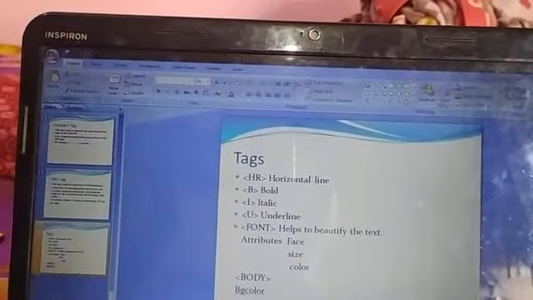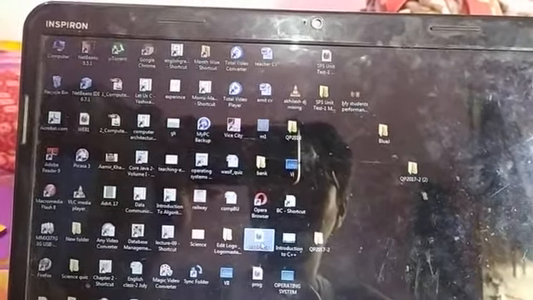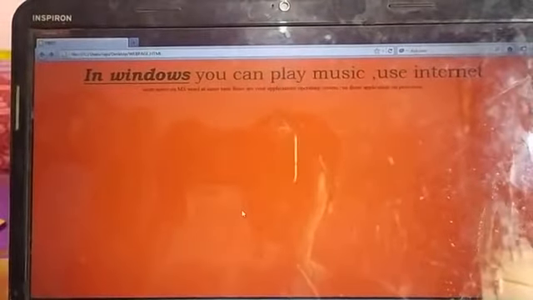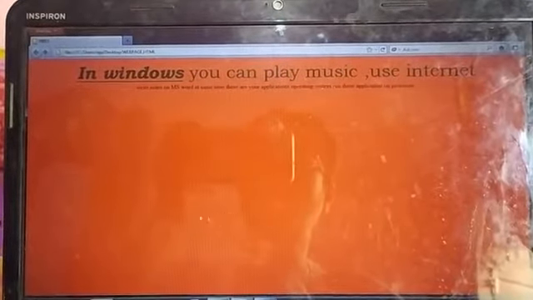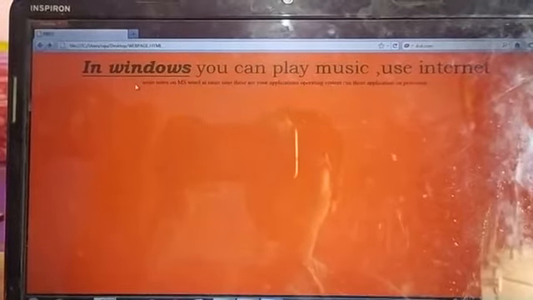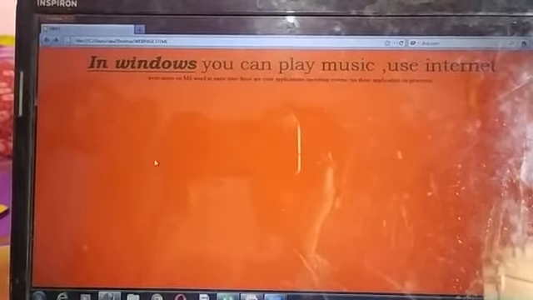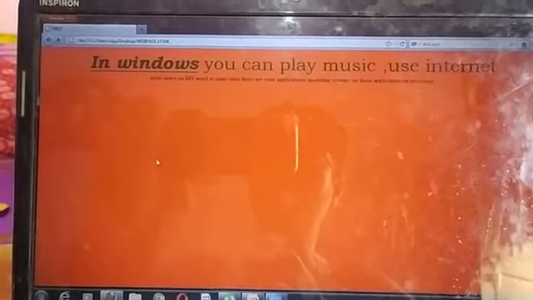Now we'll open this using the web browser. Like here, this is my web page. If I open it, this is your web page displayed inside the web browser. Here we have written in bold, italic and underline format, so it is displaying in this format. And we have chosen a BGCOLOR, that is red, so it will display in red color. And we have written the paragraph with align center, so it will display the text in the center format.